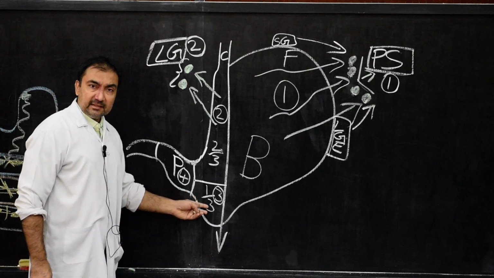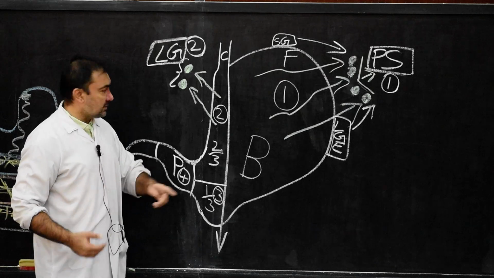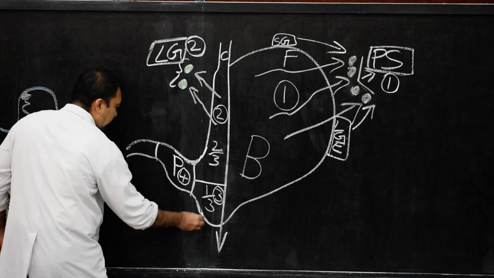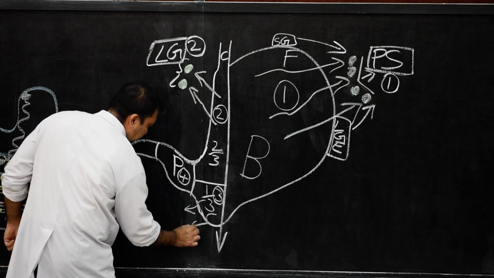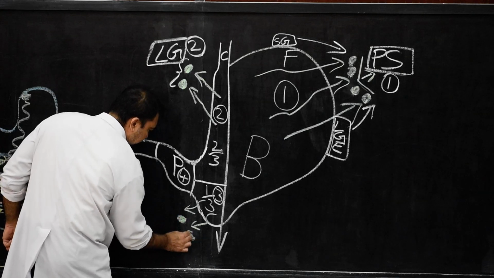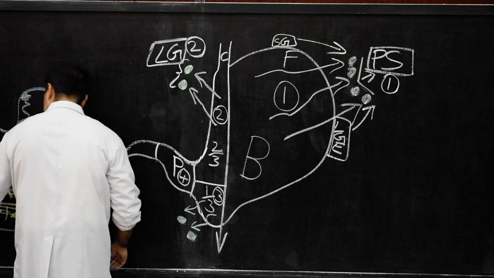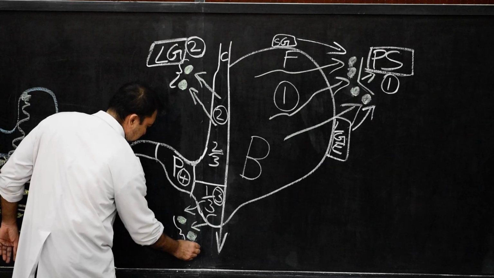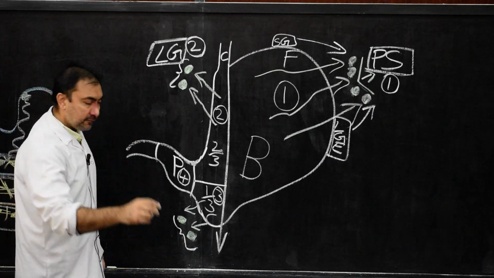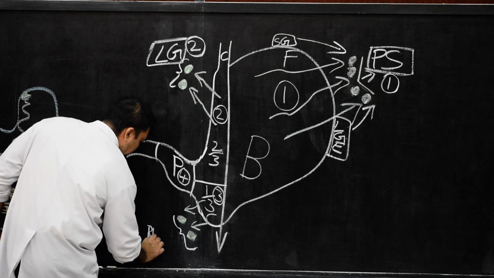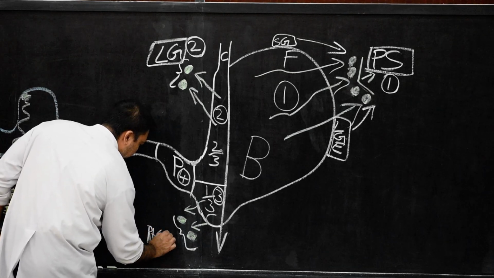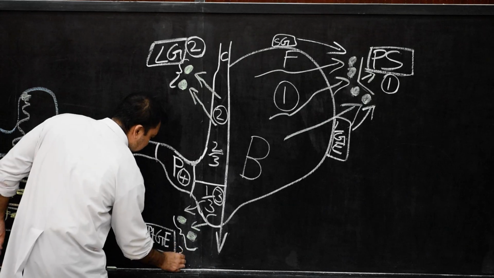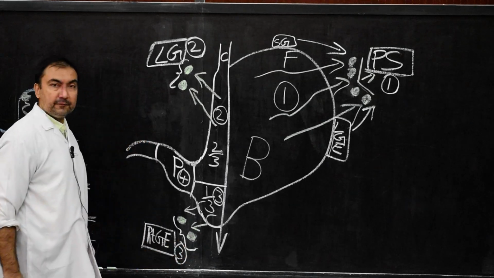Lower one-third of the right side of the stomach, which is lying on the right to the vertical line from cardiac end, lower one-third, it will drain into these group of lymph nodes. And here, these group of lymph nodes, we name it as right gastroepiploic group of lymph nodes. So please write down, it will be the right gastroepiploic group of lymph nodes, and we shall name it as number 3, right gastroepiploic group of lymph nodes.